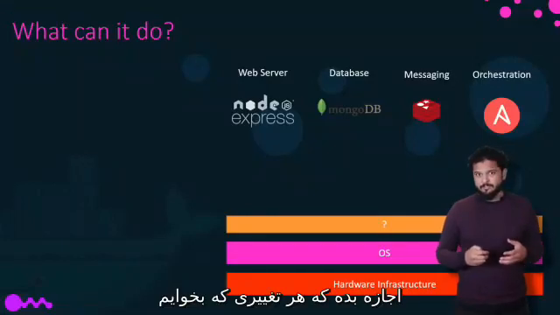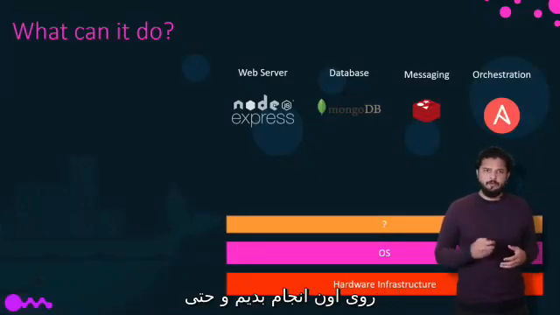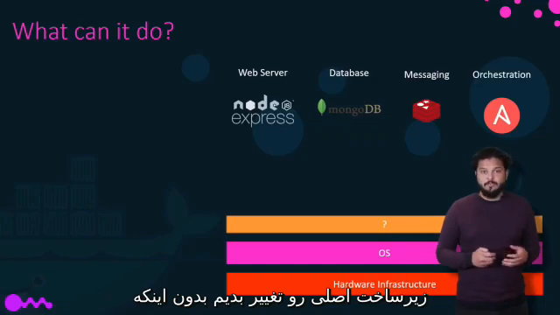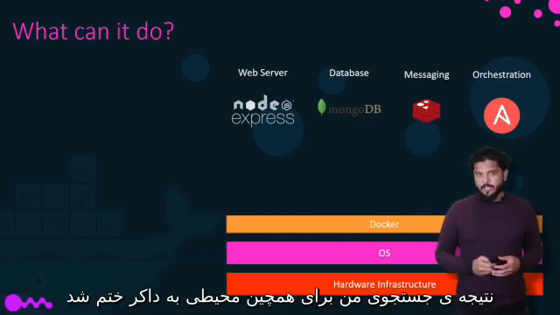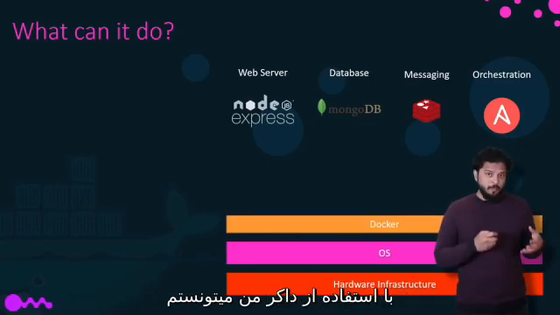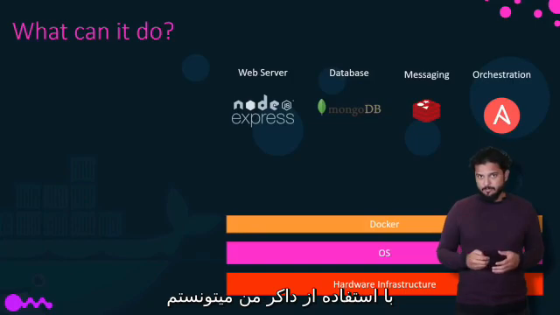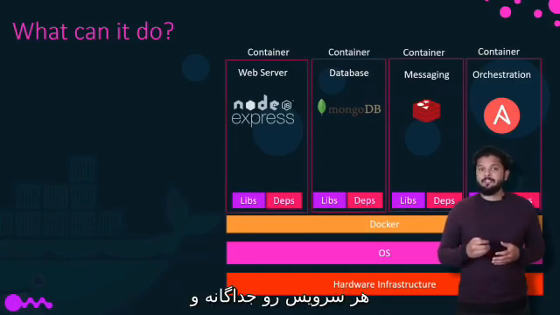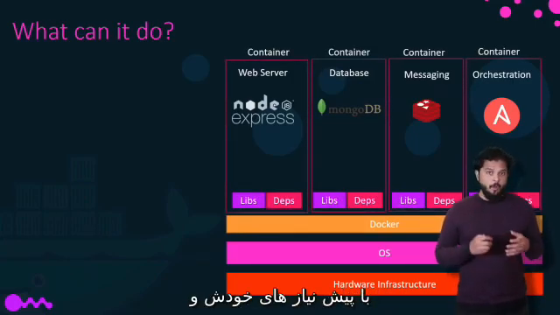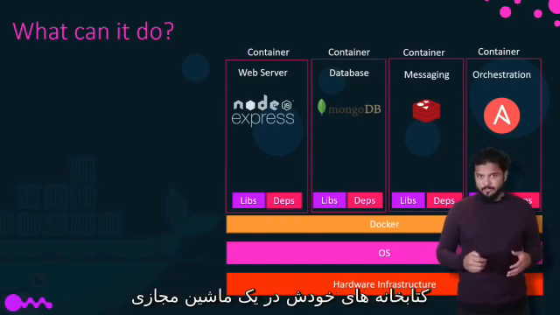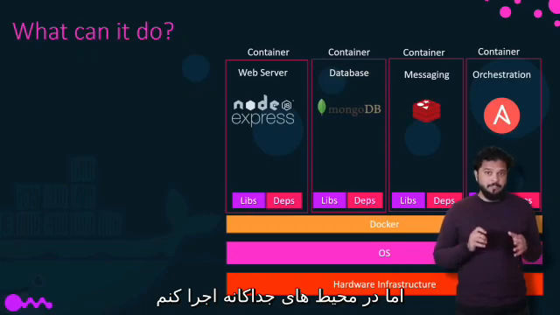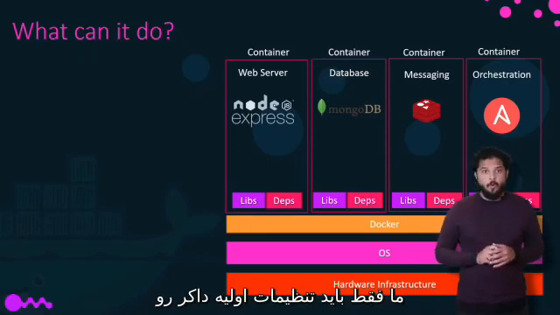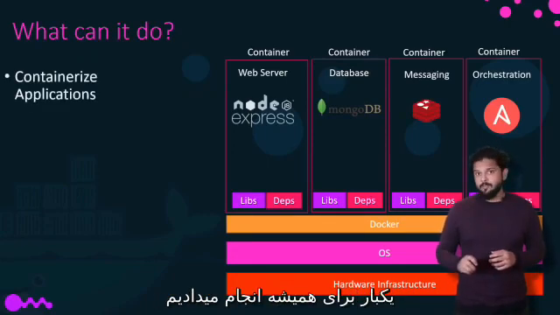modify or change these components without affecting the other components, and even modify the underlying operating systems as required. And that search landed me on Docker. With Docker, I was able to run each component in a separate container with its own dependencies and its own libraries, all on the same VM and the OS, but within separate environments or containers. We just had to build the Docker configuration once, and all our developers could now get started with a simple